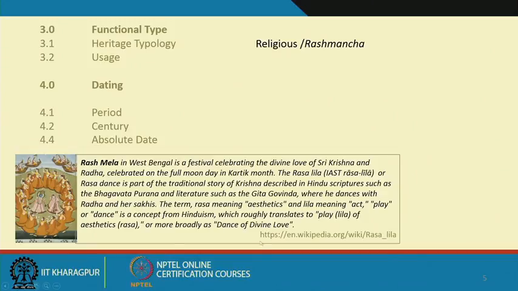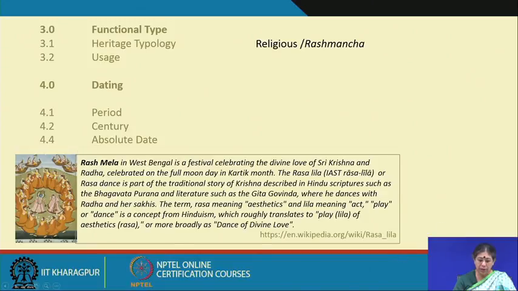And as you can see, we have also put a documentation along with that, that is, what is Rashomonsho and what is the significance of that Rashomonsho. As I say, it is from Wikipedia; mentioning the source is very important. There can be many other historic documents or authentic sources. In this case I have just given Wikipedia as an example, which says the Rash Mela in West Bengal